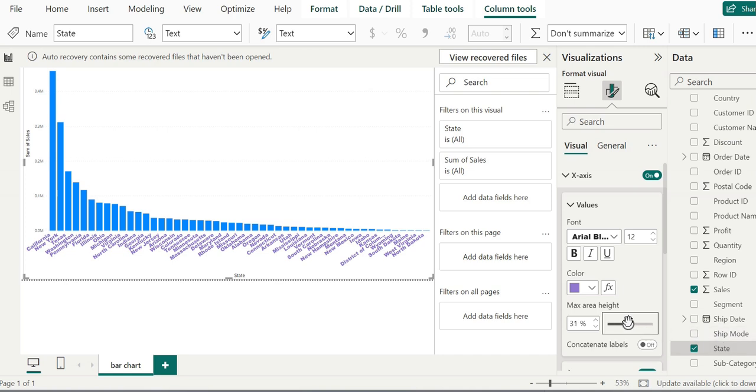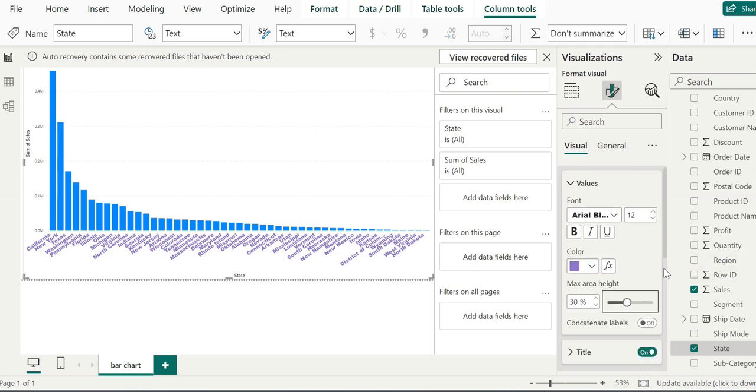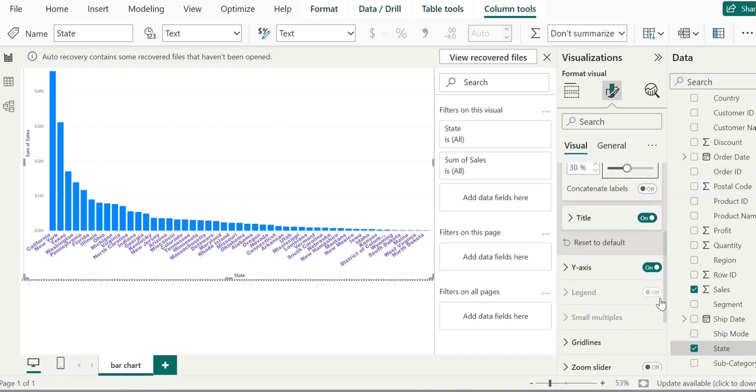If we see that bars are too close, we can change it for a better view. In a similar fashion, we can adjust other properties.